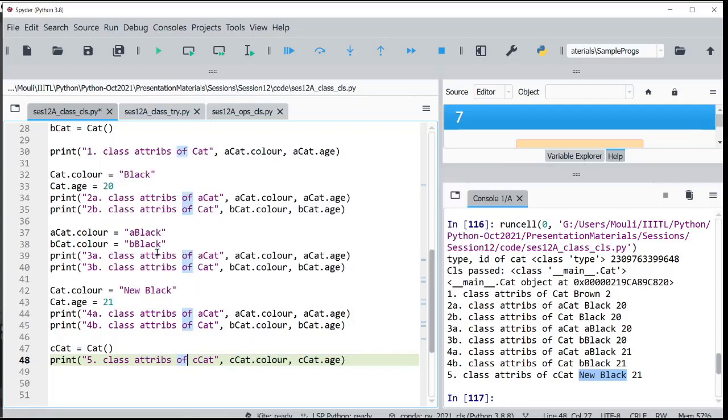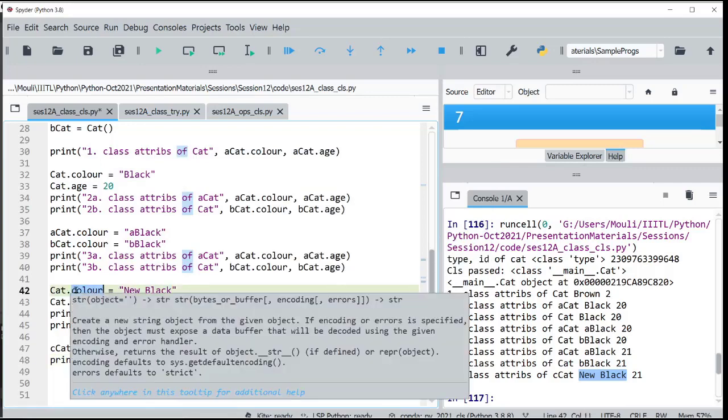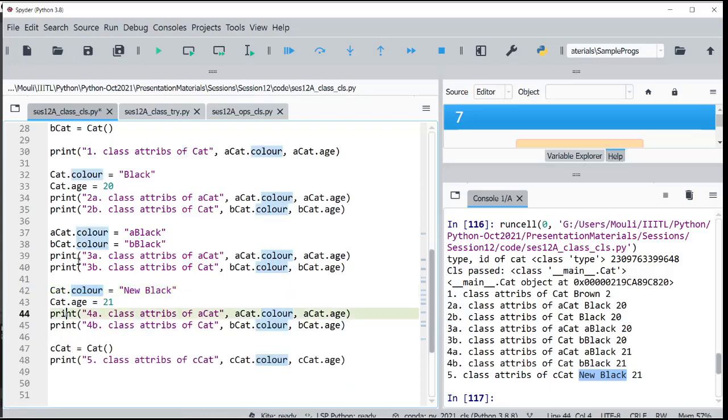They are cut off from the changes happening at the class level once they have been modified using the individual object instances. Once you modify it, they no longer have a relationship, and they become a separate entity. That's how the class attributes are taken by the objects and then modified. That's what I wanted to show you here.